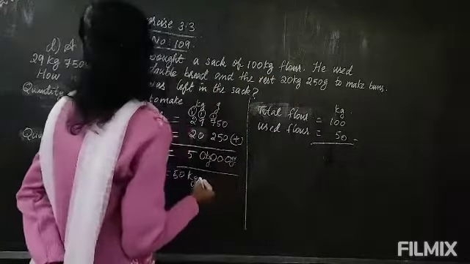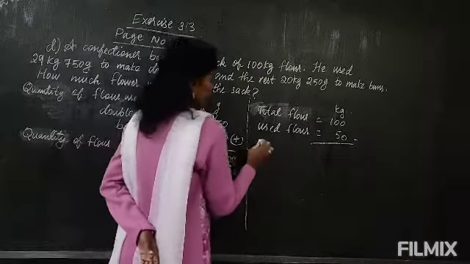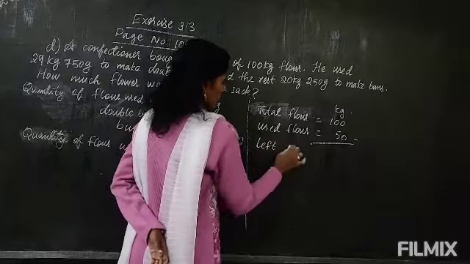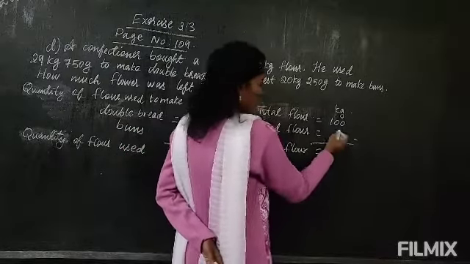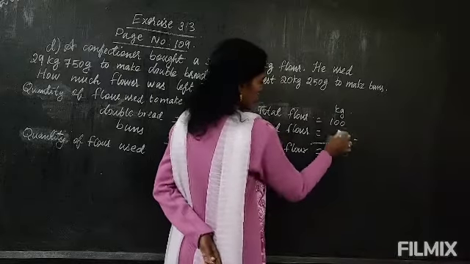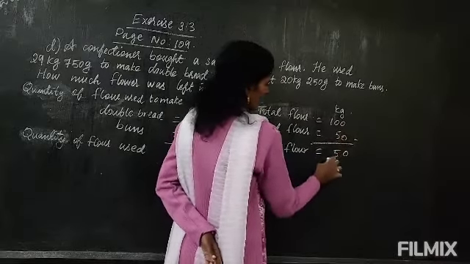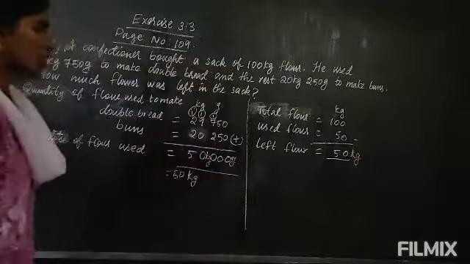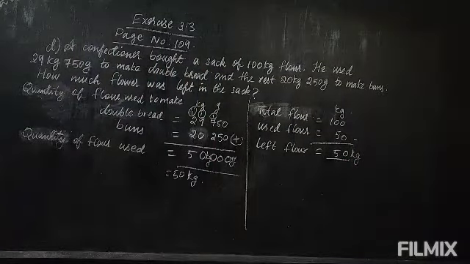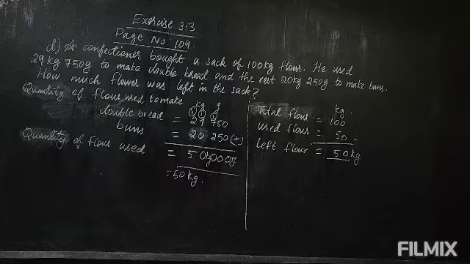So, left flour. How much is left with this? You have to minus. So 0 minus 0, 0; 10 minus 5, 5. So 50 kg. 50 kg of flour is left in the sack. Okay, this is 7. You are right. Both have no grams, so I have written only kilograms. Suppose if there is gram, you have to write the gram also.